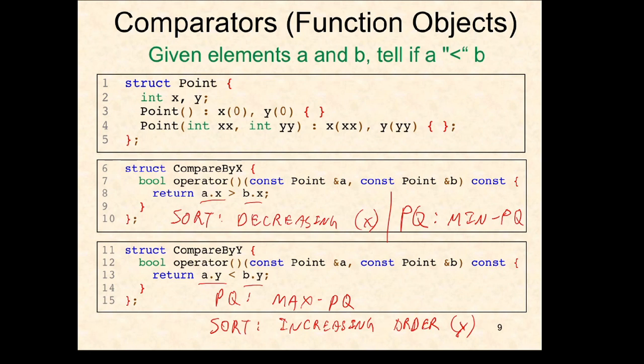So, back to this slide. When we use less than, it gives us increasing order for sorting, and it gives us a max PQ. It's important to understand this because of part B especially. When you do your sorted PQ, if you are given a less than functor and you use the STL sort, you'll get increasing order. But that means that the most extreme element, the highest priority element, would be at the